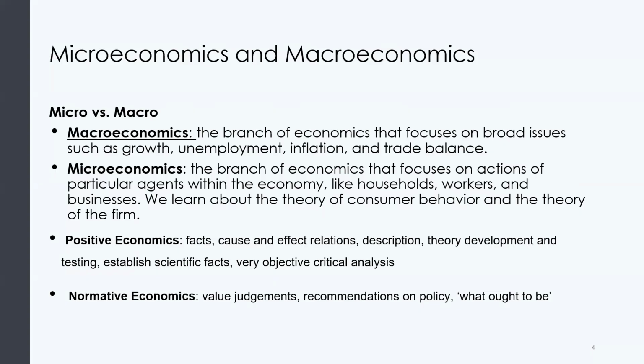So in our study of economics, there are different branches of economics that we are going to need to study. The major branches are macroeconomics and microeconomics. So for those that are doing first year, in this semester you're going to do what is called microeconomics with an I. And then in your second semester, that is in February next year, you are going to do macroeconomics. For those that are doing advanced diploma in business management, you only cover microeconomics. You don't do macroeconomics. So what is the difference between macro and microeconomics?